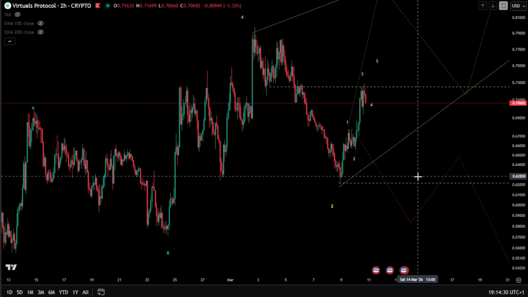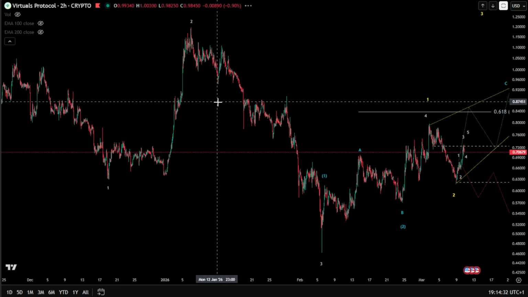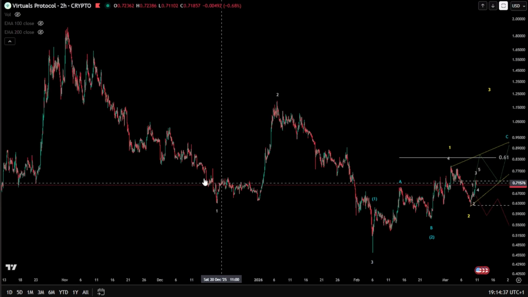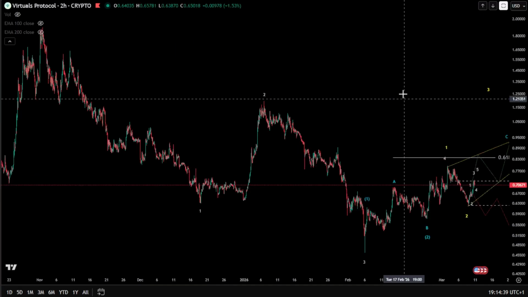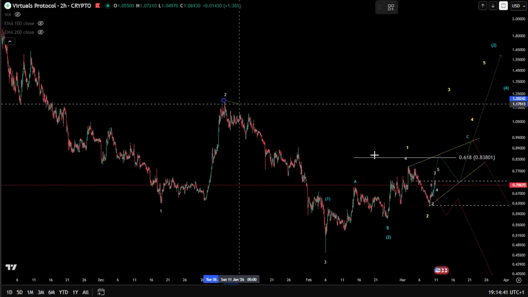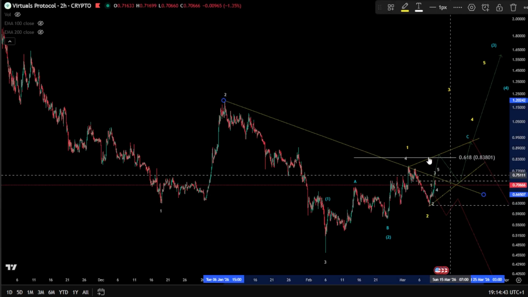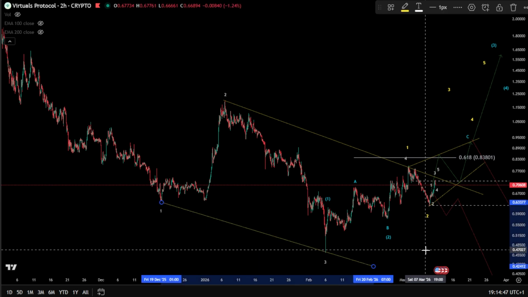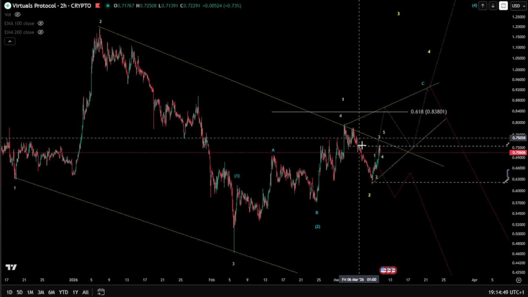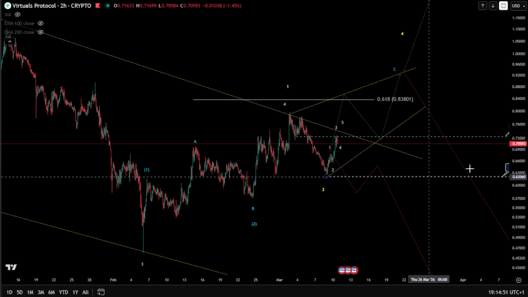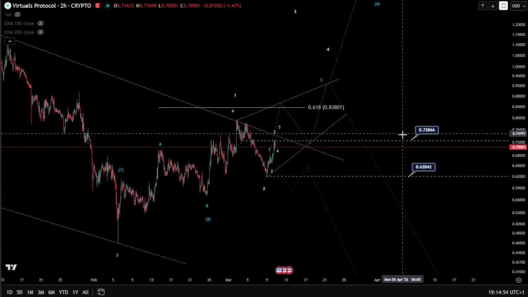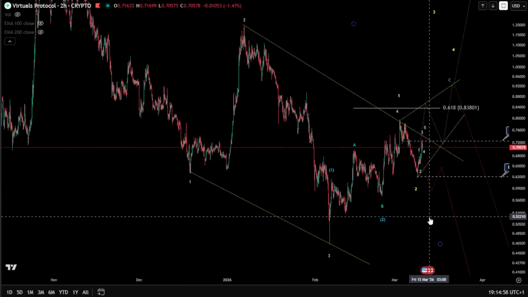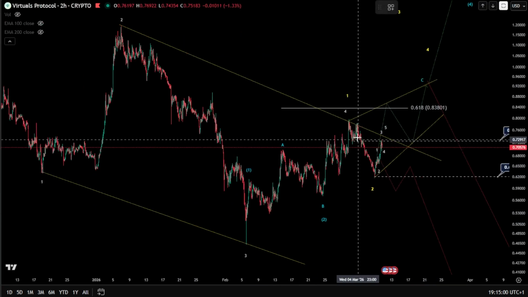So on the micro level, after this drop from Virtual in 3 waves down, as you can see, we might still be in a diagonal. As you mentioned, in a bigger time frame, you might still be in a diagonal. This is your bearish case, in case we continue for one more drop, especially after this move here. But the good thing is that we took the invalidation of bearish, the invalidation of this impulse, which was somewhat aggressive.